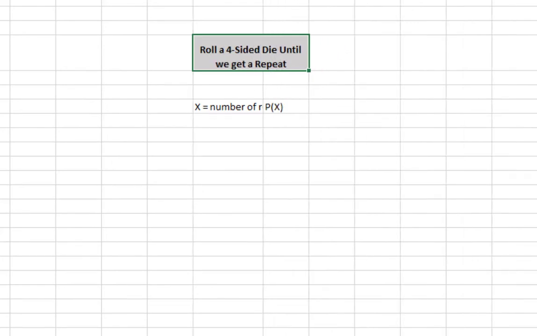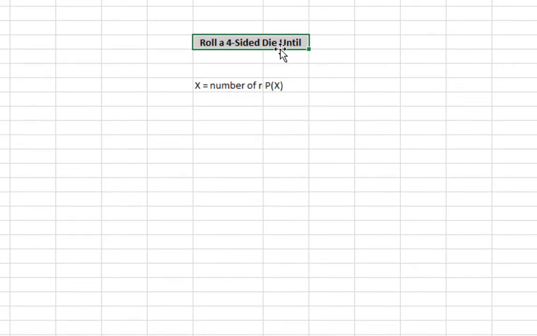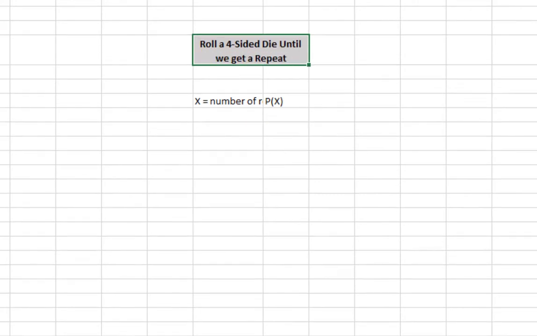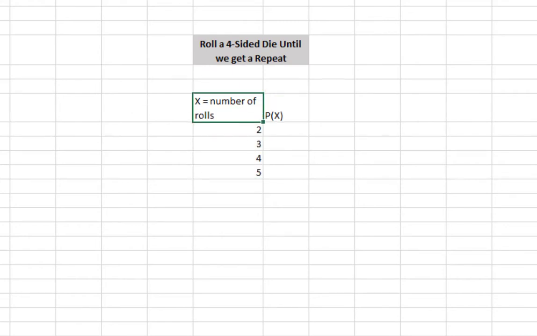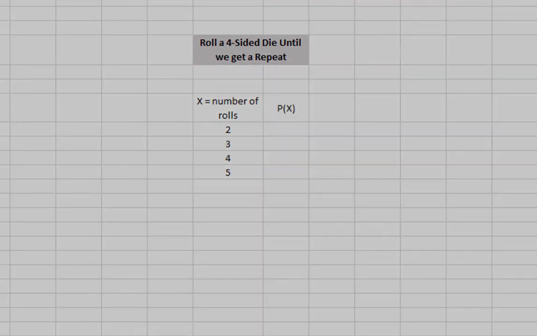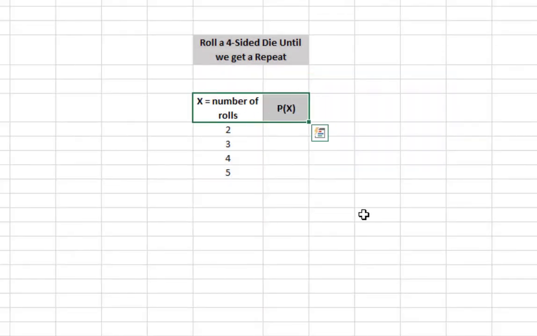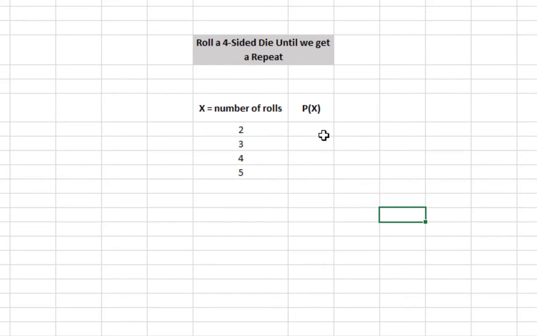Okay. Now, as far as the number of rolls it could take, we already established that. It's going to be 2, 3, 4, or 5. I don't like the way this looks. I'm going to wrap that text too. I want to center everything because that's me. All right, looking better. Now, the probabilities we just established, right? We just established that it's 25% for 2. So what I'm going to do is type 0.25 for the decimal version of 25%.